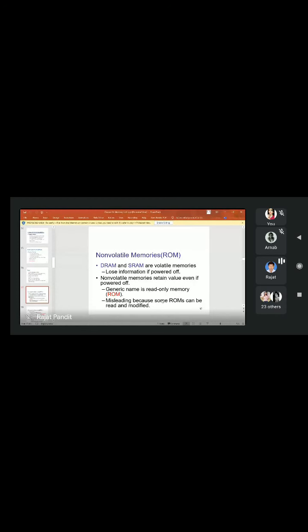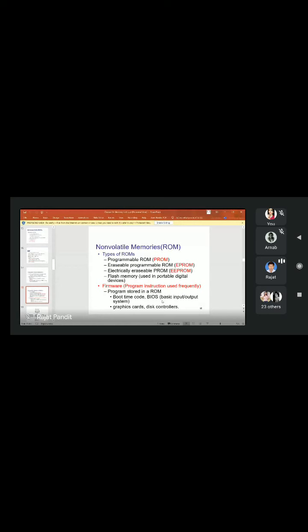So types of ROM are PROM, programmable ROM, erasable programmable ROM is EPROM, and then electrically erasable ROM is used in portable digital devices, right? And there is a firmware program instruction used frequently, a program stored in a ROM. Boot time code, BIOS, you know the term BIOS, that is the basic input output system. Sometimes we use the term BIOS. Okay. Then the graphics card and disk controller are there,